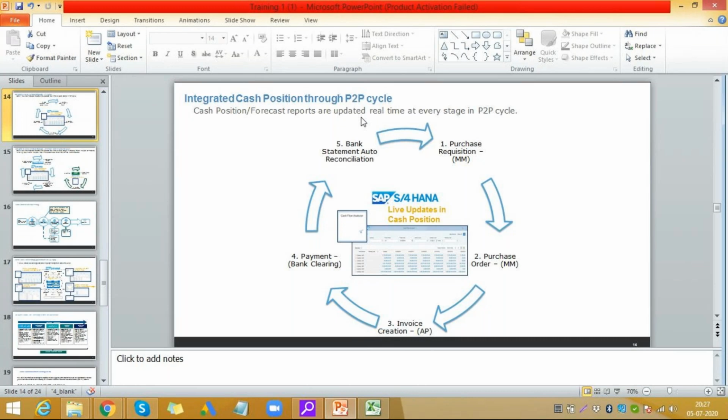And again, even for your manufacturing company, they need to have cash visibility and a cash forecast, or you can say that they need to make investments at the right point of time. If your manufacturing company has a lot of cash in hand, there is no point in keeping the cash in hand without investing it. The same concept applies for all of us as well, right? If I have 1 lakh rupees in my account, it's not advisable to keep it in my account and not do some investment with it. I can earn a better interest rate through investment.